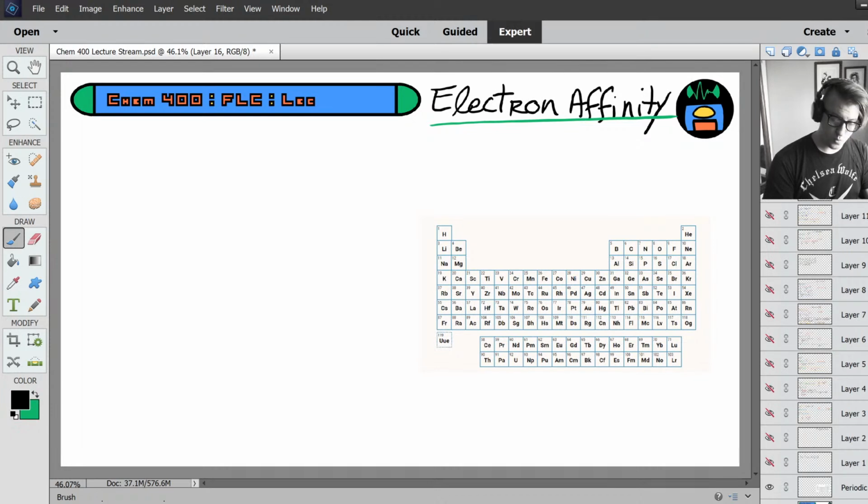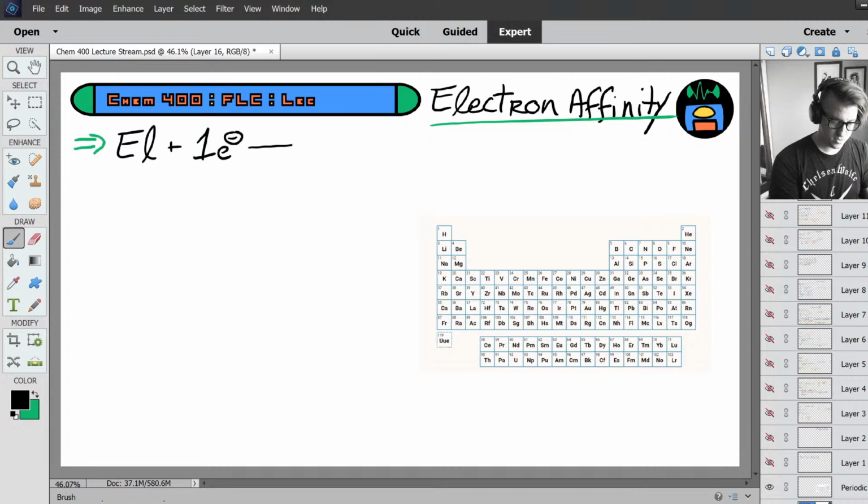So with electron affinity, we're talking about a very similar reaction. It's kind of like the opposite process of ionization energy. With ionization energy, your element was losing an electron. For electron affinity, we're talking about a neutral element gaining an electron